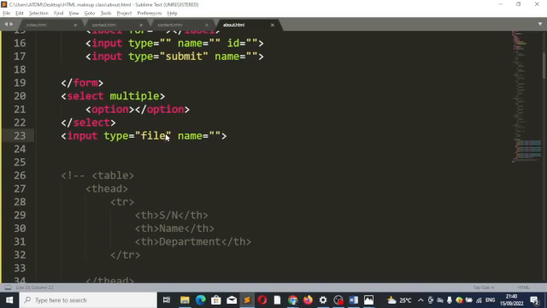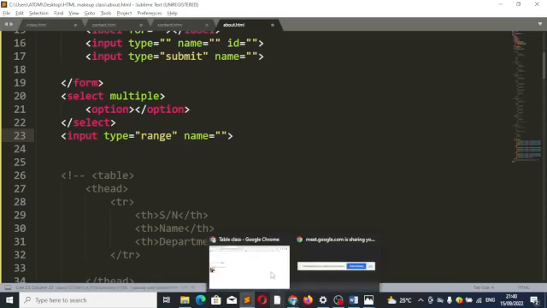Input type range allows us to set something like a range, like a limit. You can set it. When we get to JavaScript, we'll be able to automate this. Something like 20%. Maybe if it gets to 20%, 30%, 40%, 50%, you can automate this